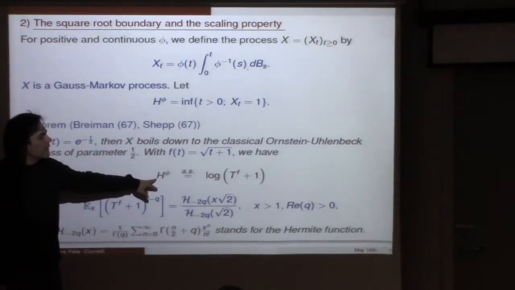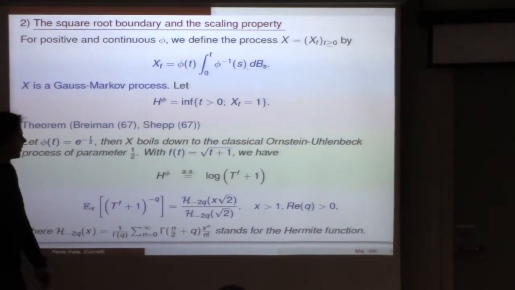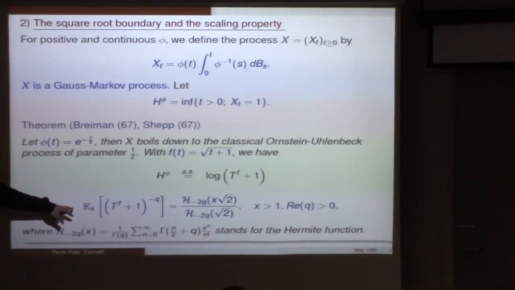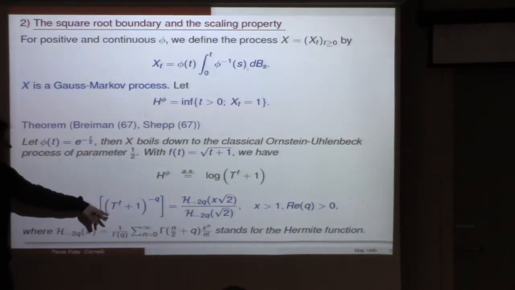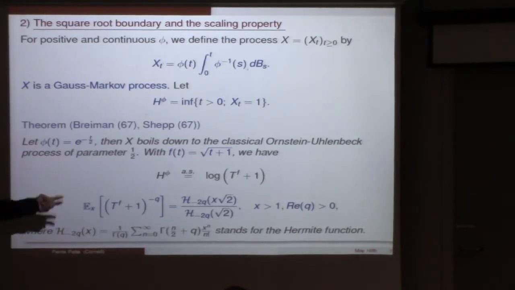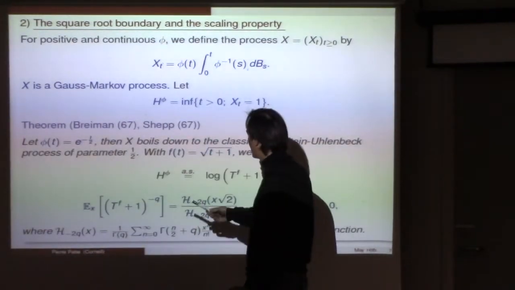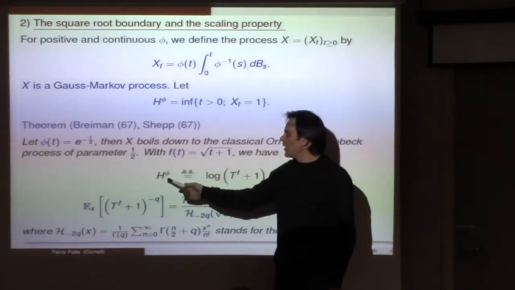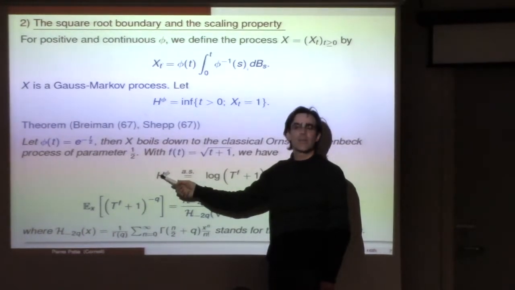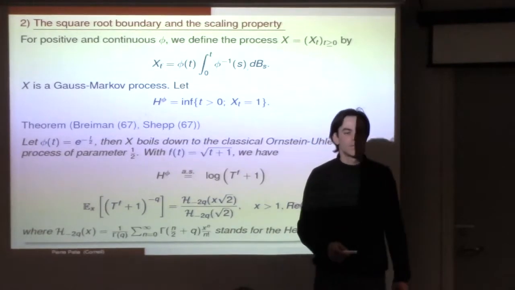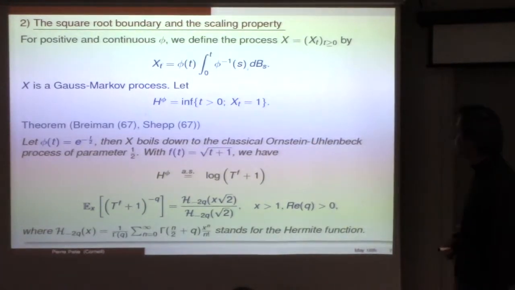So what we have is this almost sure identity between the two stopping times, and what we obtain is that the Mellin transform of the first passage time of the Brownian motion to the square root boundary can be expressed in terms of the ratio of the so-called Hermite function. So that simply means that by this transformation, the Laplace transform of the first passage time of the Ornstein-Uhlenbeck to a fixed level is expressed in terms of this Hermite function. Okay? So now,